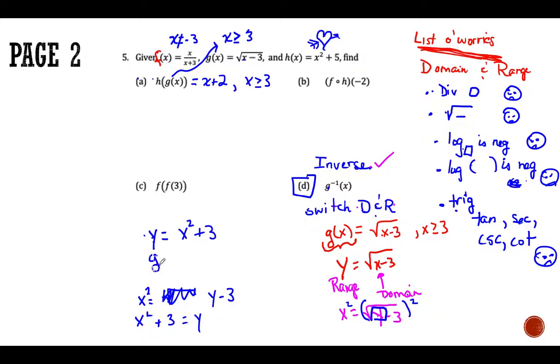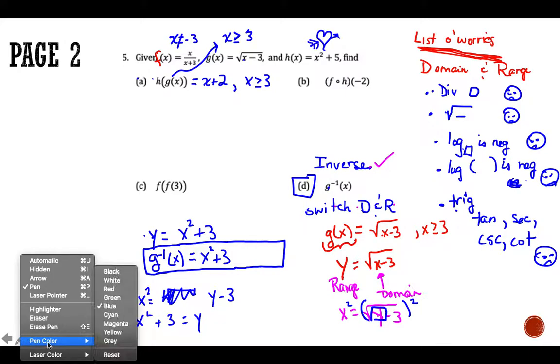So I can say that was g, but remember I switched the domain and range, so you use that -1 symbol. And now I have the inverse in the correct notation,